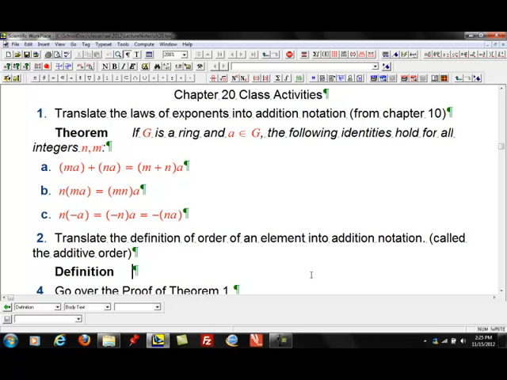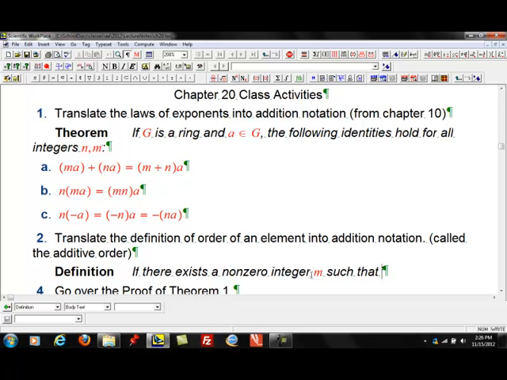Okay, so the definition, page 105, it says, if there exists a non-zero integer m, so let's write that. Such that a to the m equals e. So what do we use instead of a to the m? How do we write a to the m using addition? ma. So such that,